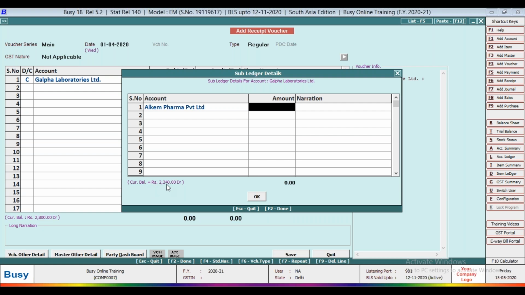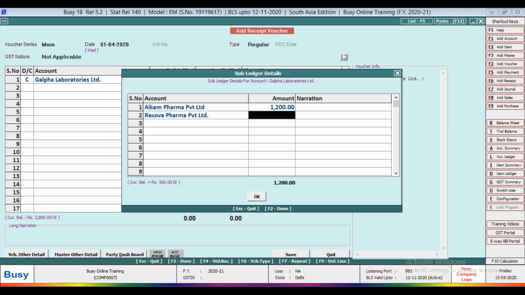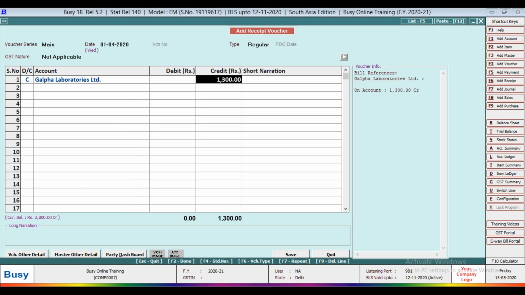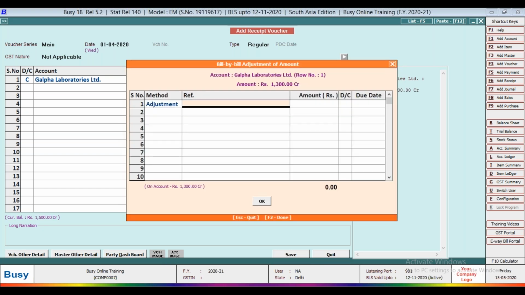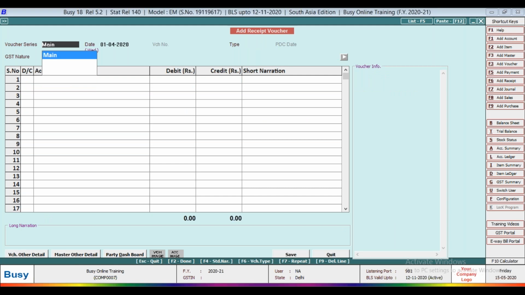Suppose I have received only 1200, and the other sub ledger account is Ricova Pharma. I have received only 100 rupees. Now press OK. So 1300 is the total amount. Adjustment: you can adjust the bill and define the bank name.